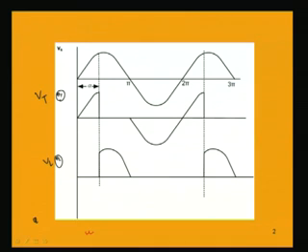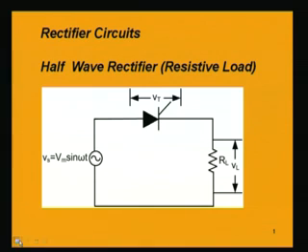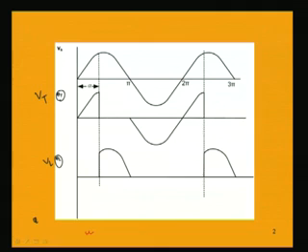It will be conducting till pi, because after that the input voltage becomes negative. So, if the input voltage is negative, that means there cannot be any conduction in the thyristor, since the anode is now negative and cathode is positive. This is reversely biased. So, it will not be conducting, and that is why after this pi the thyristor is off, and that is why the voltage across the thyristor is same as the